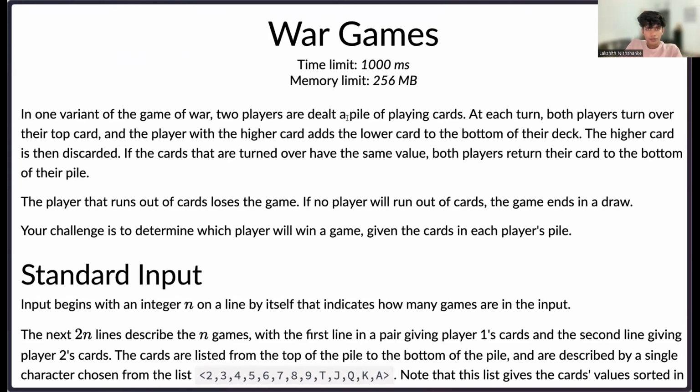At each step, the higher card is discarded, and the lower card is added to the player with the higher card. So at each step, if you take the total of their cards, unless their values are the same, the total number of cards will be reduced by 1.